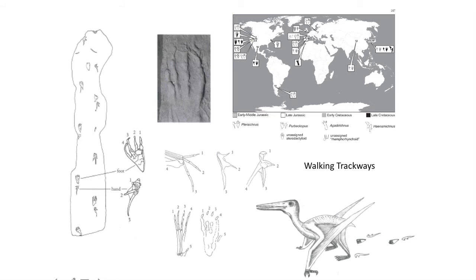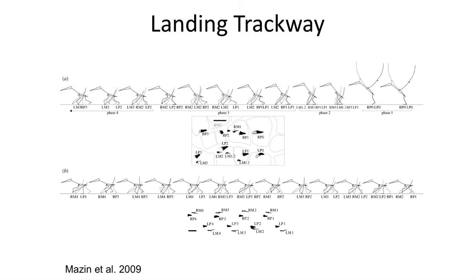This method of walking was highly controversial until trackways of pterosaurs were discovered. Now there's a remarkably great record of tracks left by pterosaurs showing how they would walk on their four legs. There are even some trackways of pterosaurs coming in for a landing, where they touched down first with their hind legs and then brought their forearms and hands down with the next step and then moved with their four legs